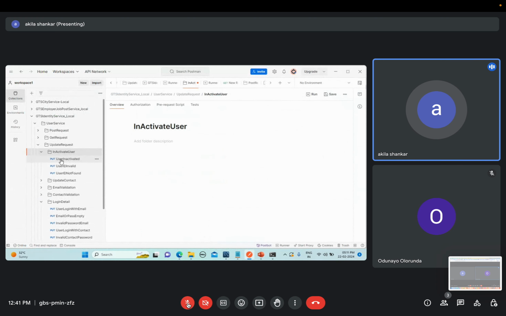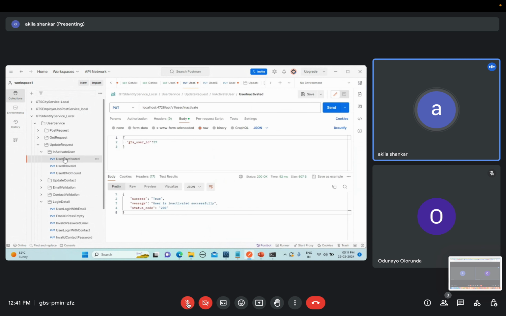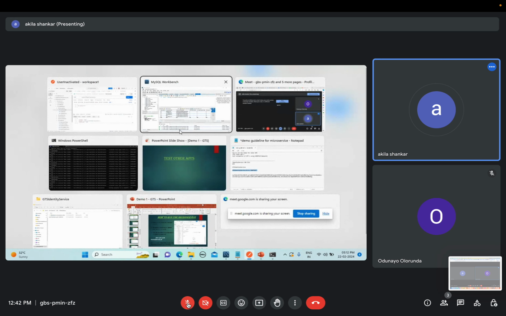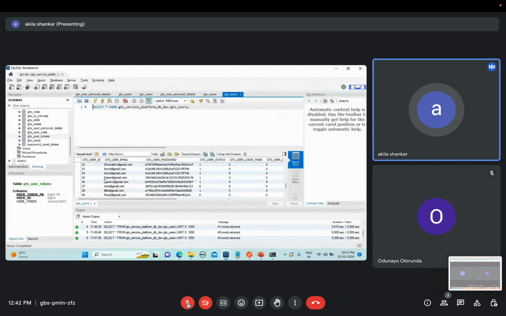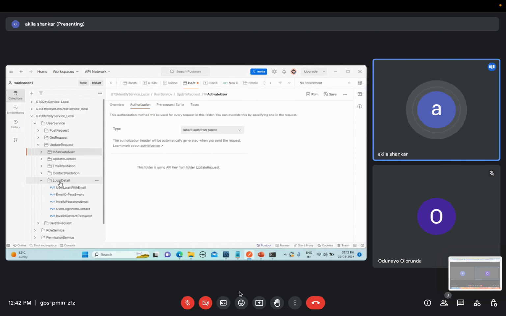So this is how you do the test. And the update is used to update an existing resource. It tells user is activated successfully. So here in my database, 37 will be inactivated as 0. So this is for put, and then we have the same thing for the other